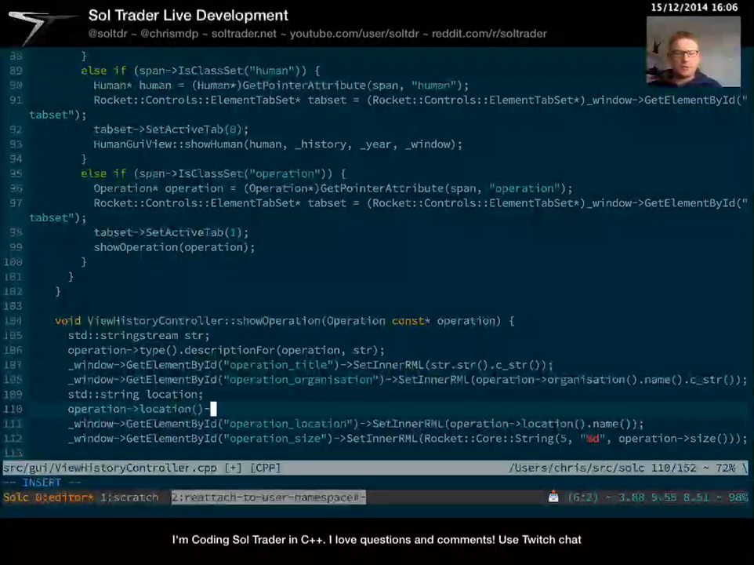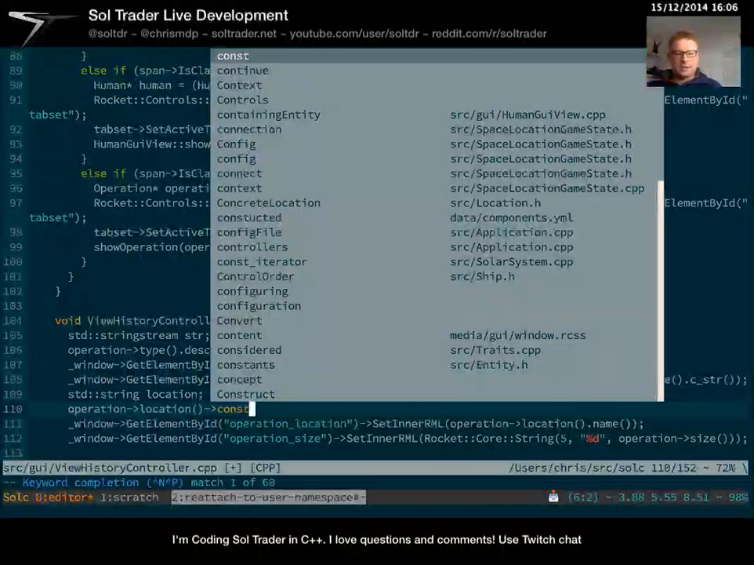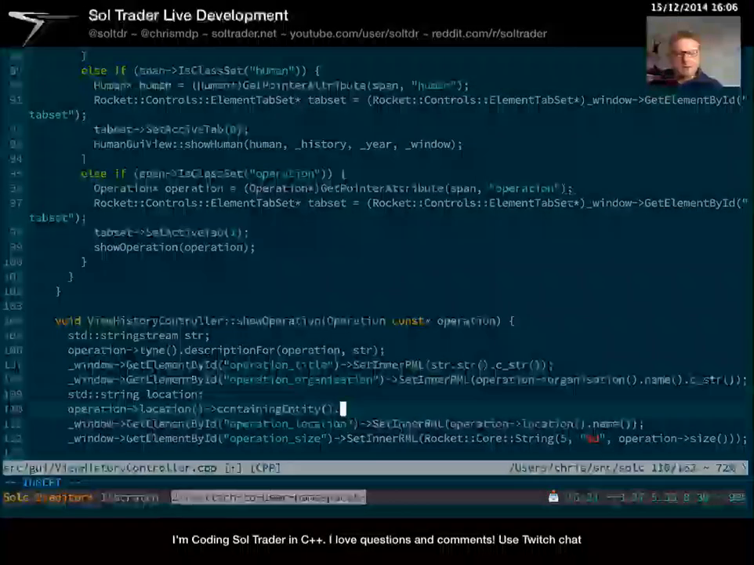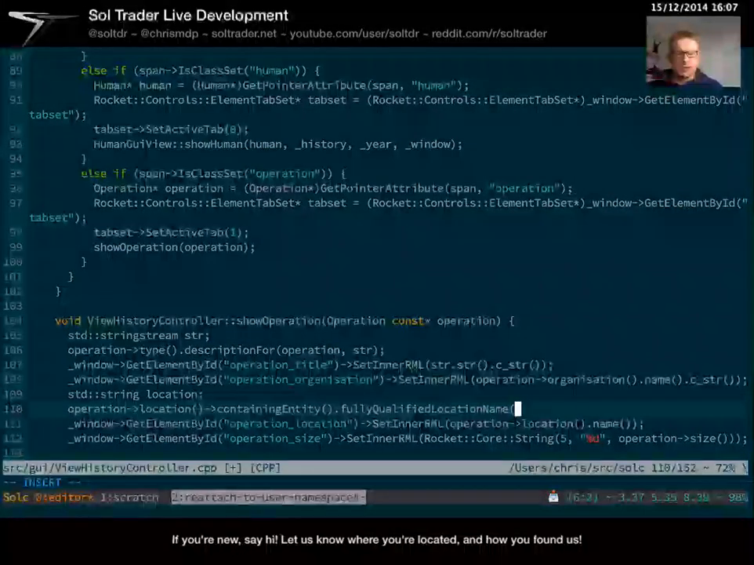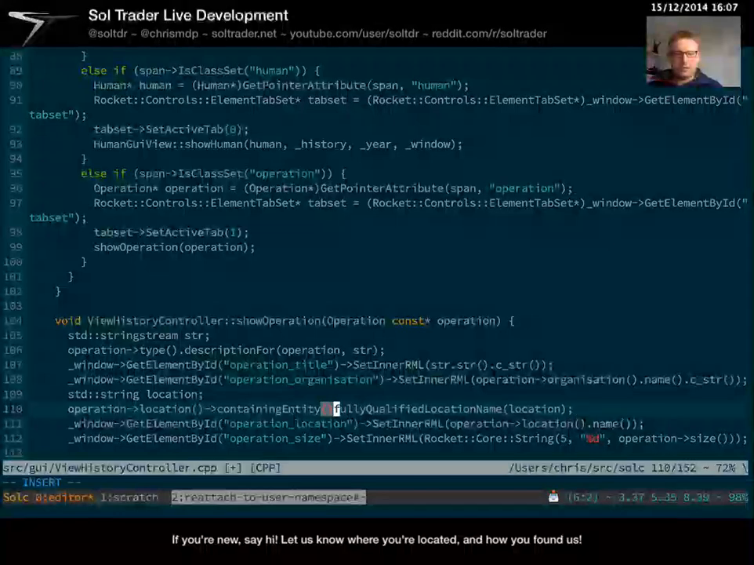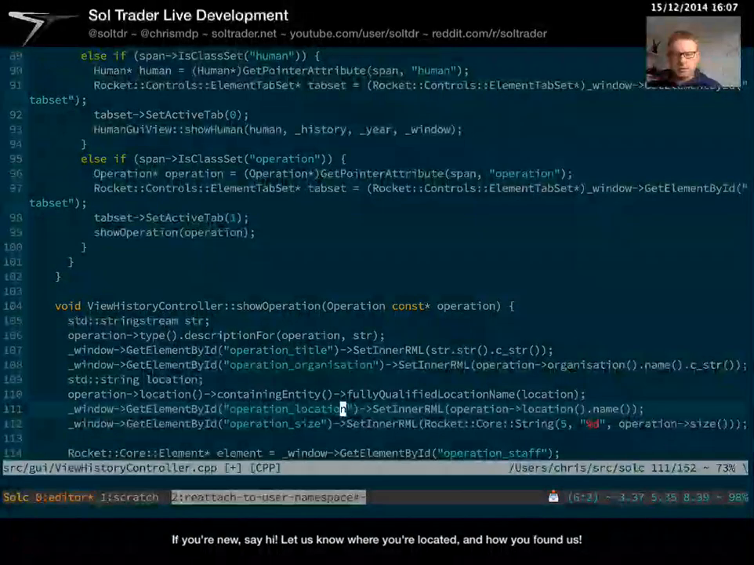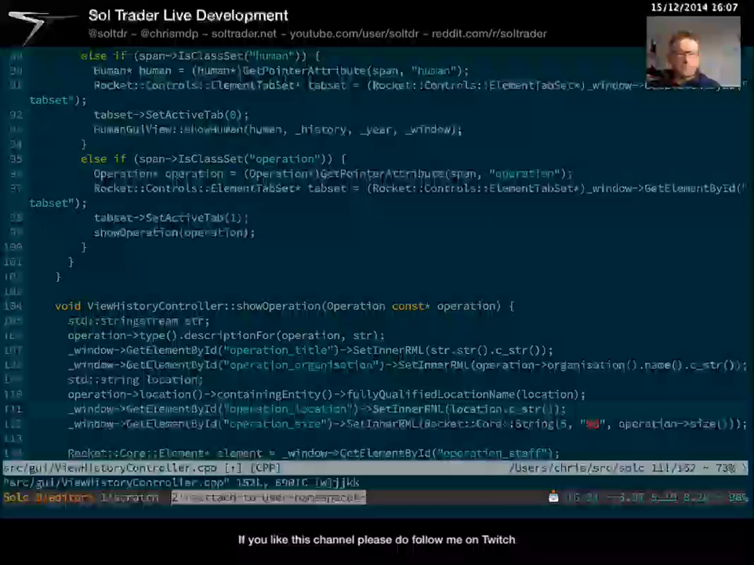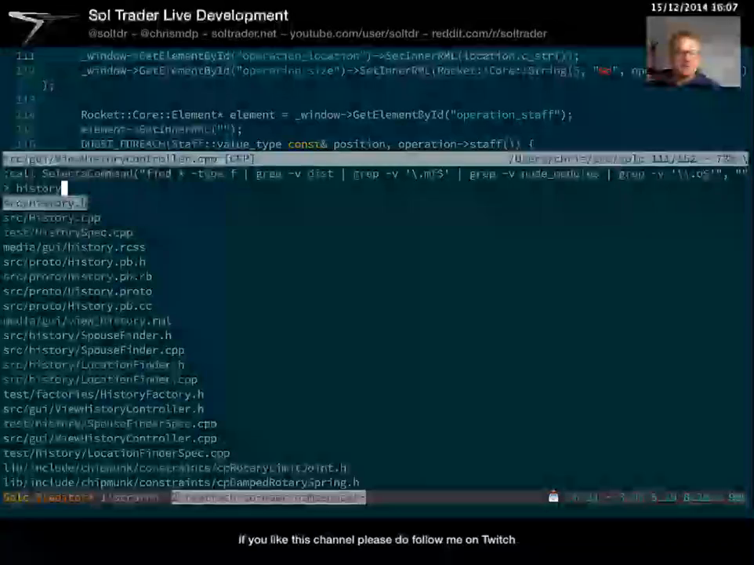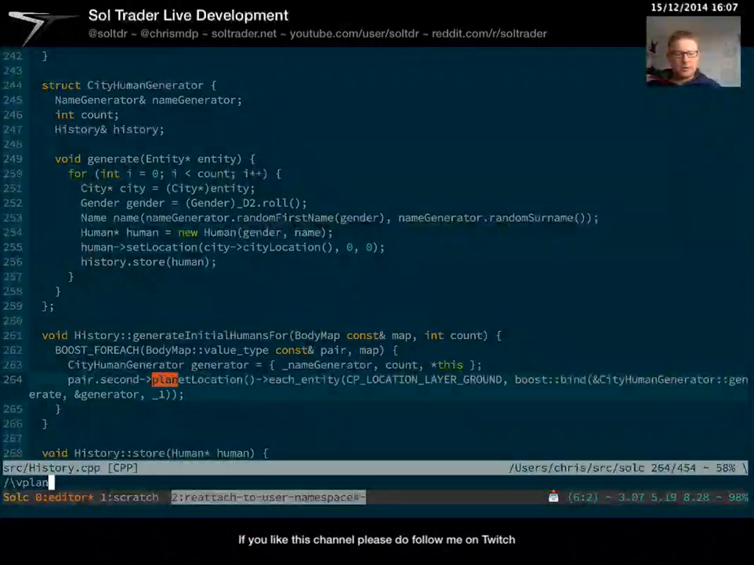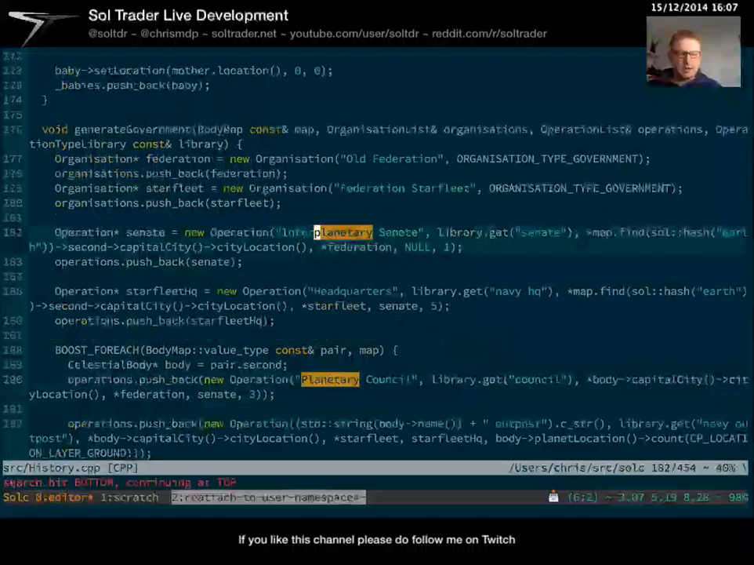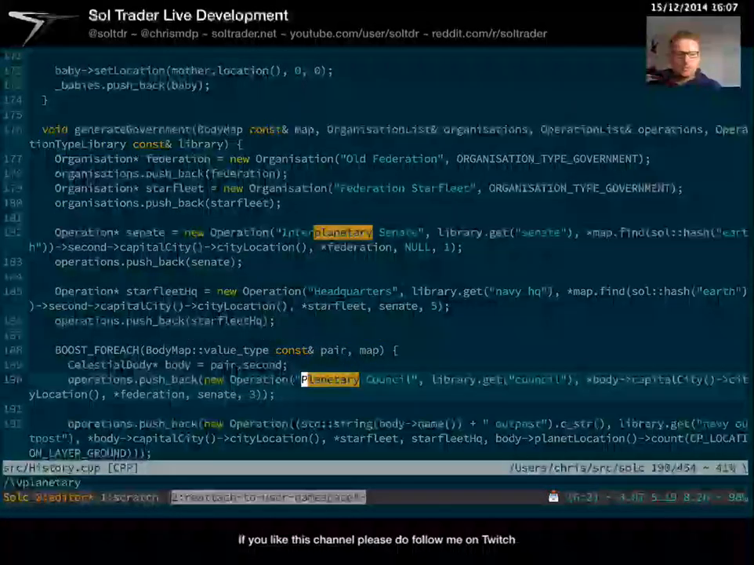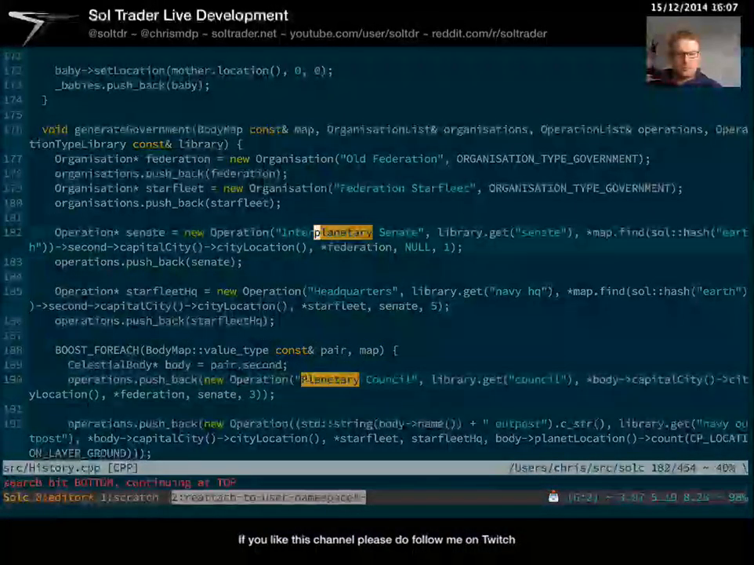Right, operation location, containing entity, fully qualified location name, please. Pop it in there for me. And then I just need to change that to location. That's it. And then when I actually generate the names of these things, which is in here, planetary council of